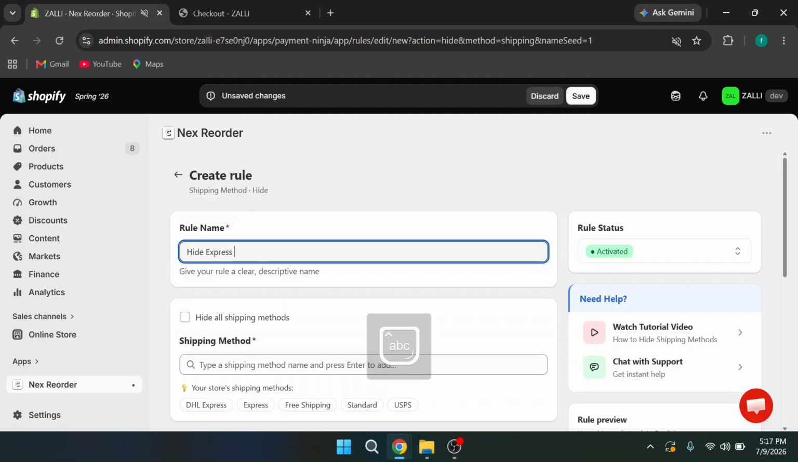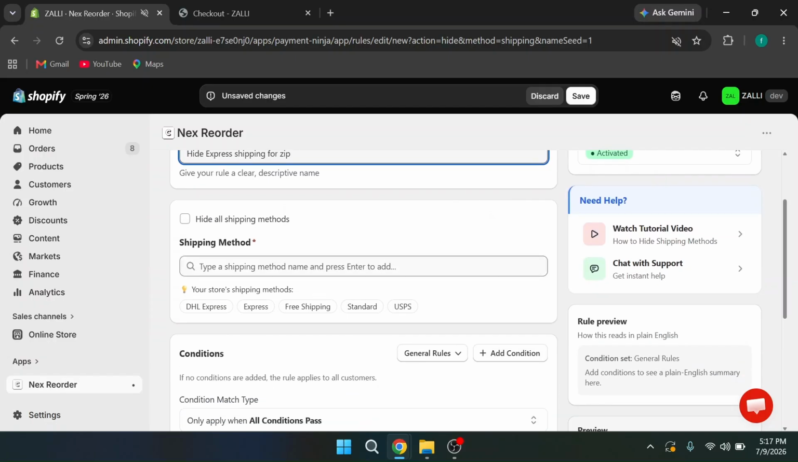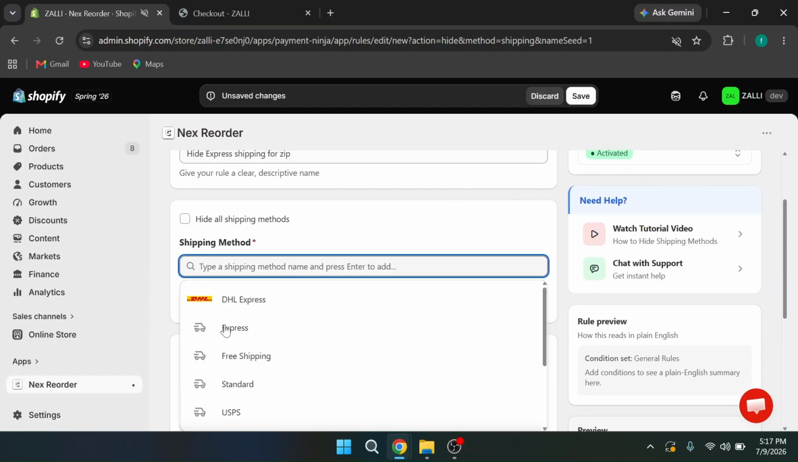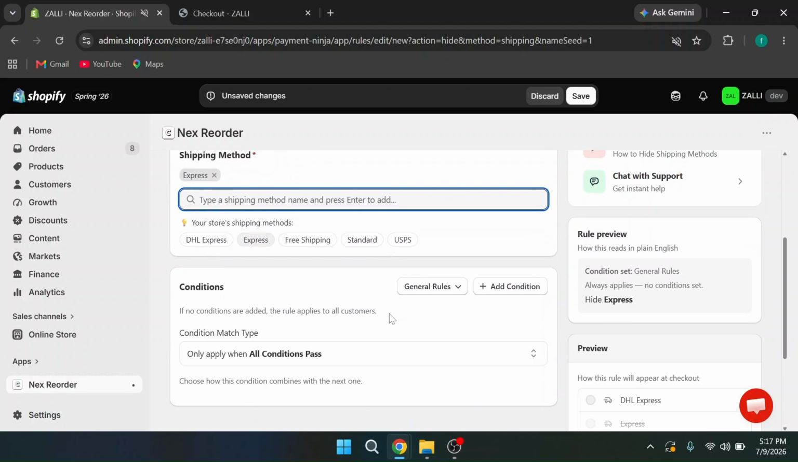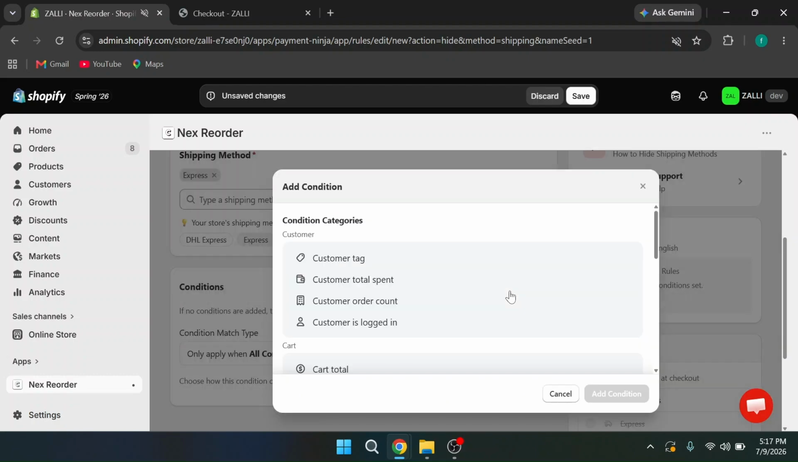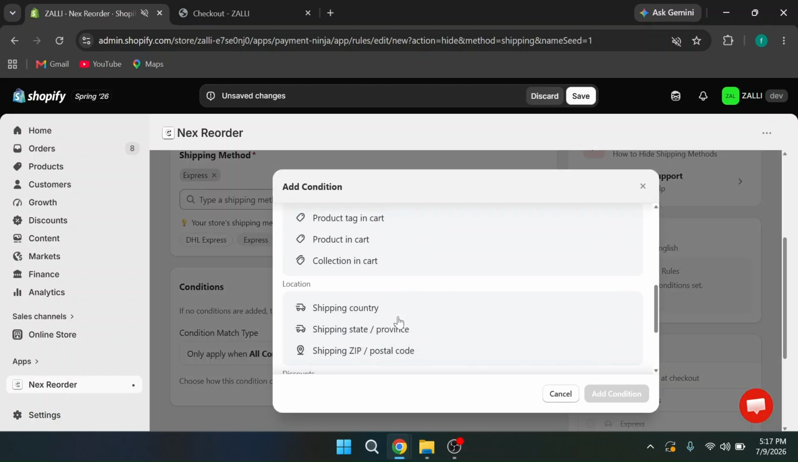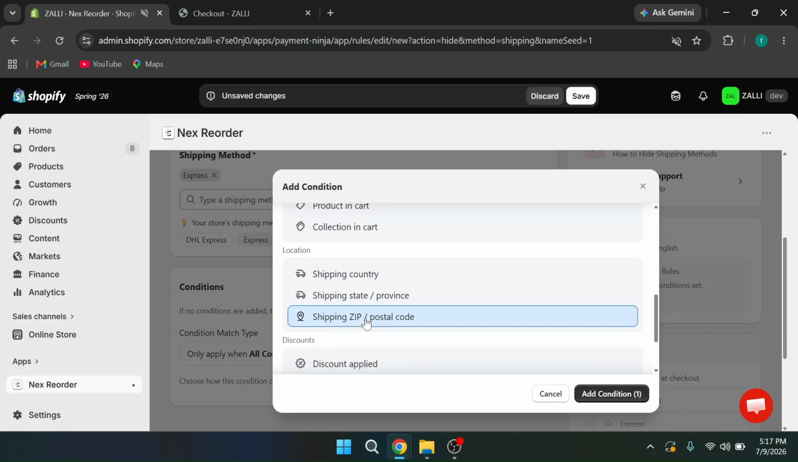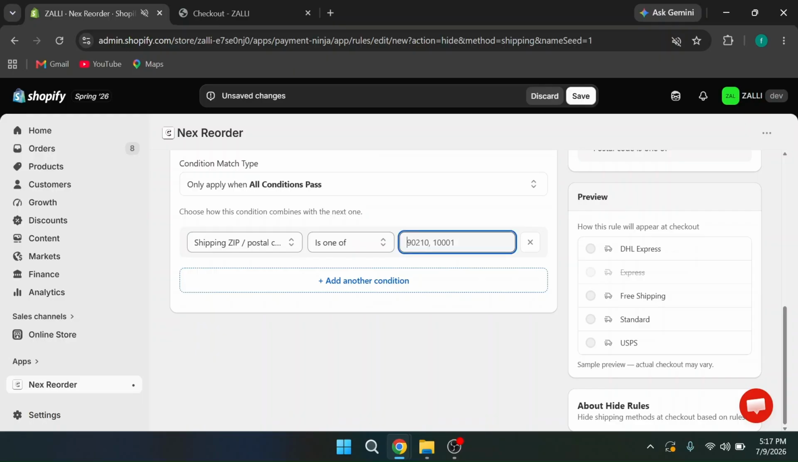express shipping method for zip. Okay, the rule status is activated. So here we can choose the shipping method. Here I'm choosing express shipping. So we can give the condition. So click on add condition, and here choose the shipping zip or postal code. Add the condition. Here give the